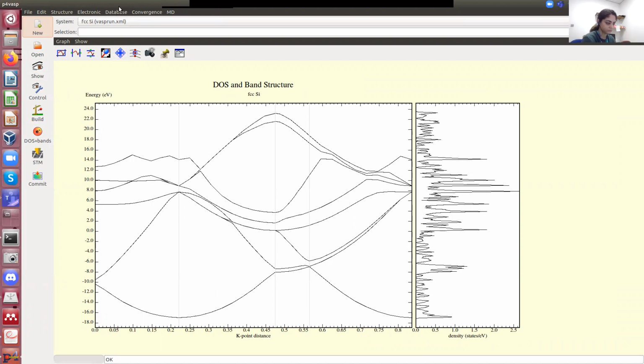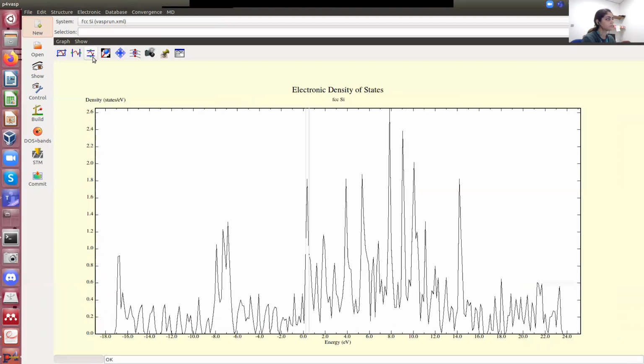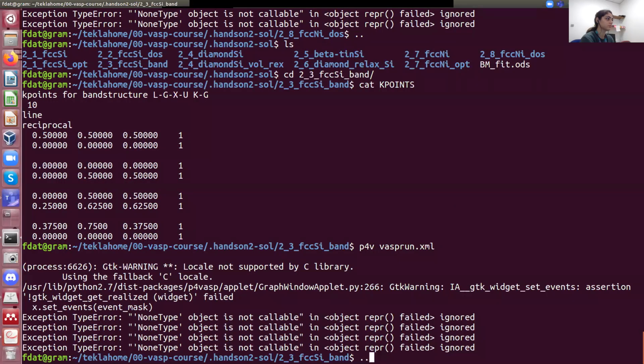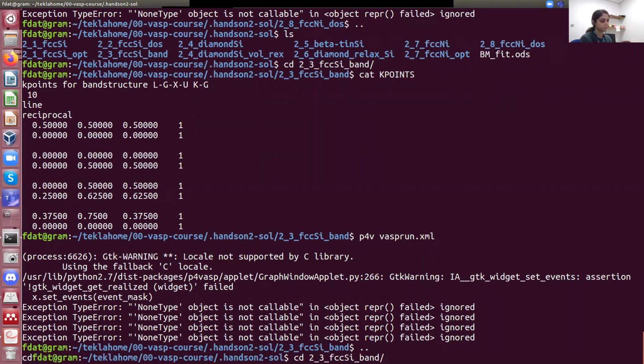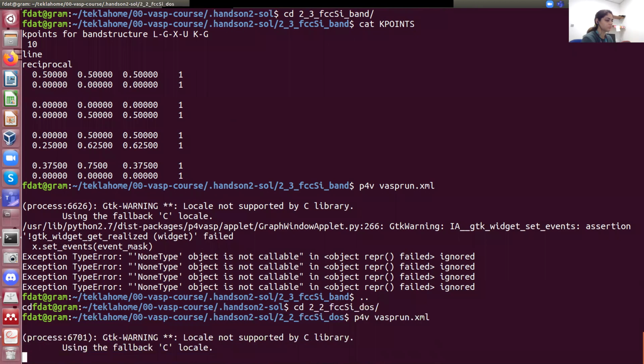But let's see it better like this. Let's see directly the density of states. In principle it should be occupied till here. But the problem is, again, remember, maybe we can show you. So this is the density of states calculated for a system where you optimized the k-points for calculating the band structure. Now I show you the very same system, but where now we are optimizing the k-points to calculate the density of states. And now we will see if there is any difference or no difference.